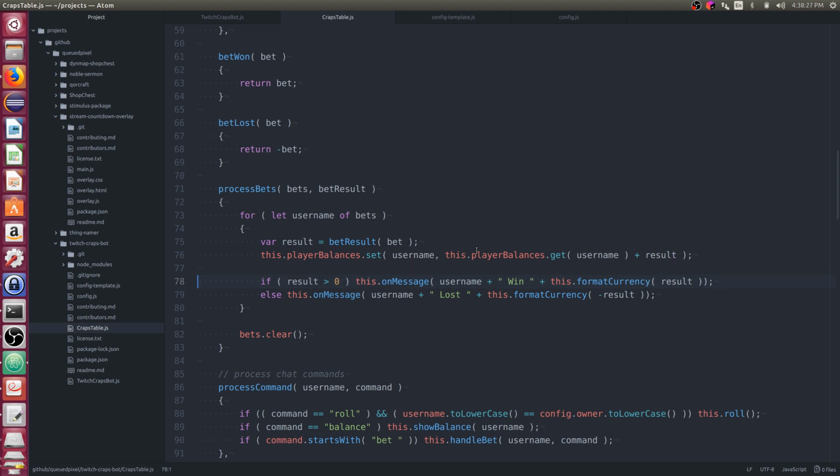We have a small potential for a bug here in that if the result is ever 0, we will say they lost 0. But we have logic in place to not allow someone to set a bet of 0. And I think we're just not going to handle that, because you should never really have a result of 0 for a bet. If we do, we'll revisit this. But I think the logic is sound.